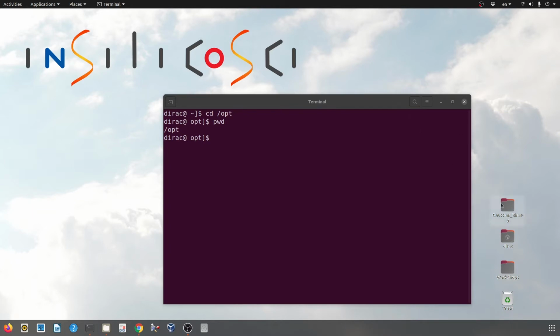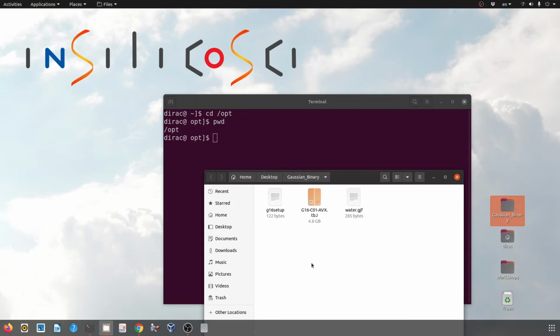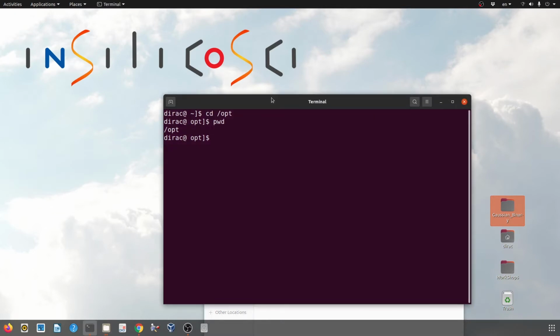Now I want to extract the contents of a Gaussian binary file in this folder, and I do this by invoking this command: tar xvjf ~/Desktop/Gaussian binary. Okay, you should know that Linux is a case-sensitive operating system, which means it differentiates between capital and non-capital letters.